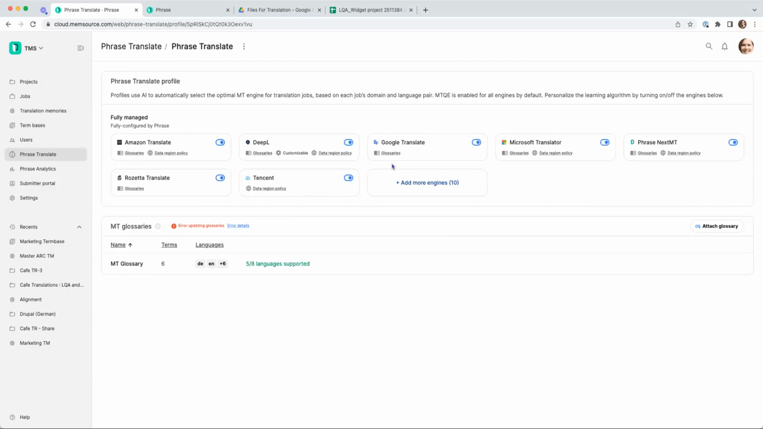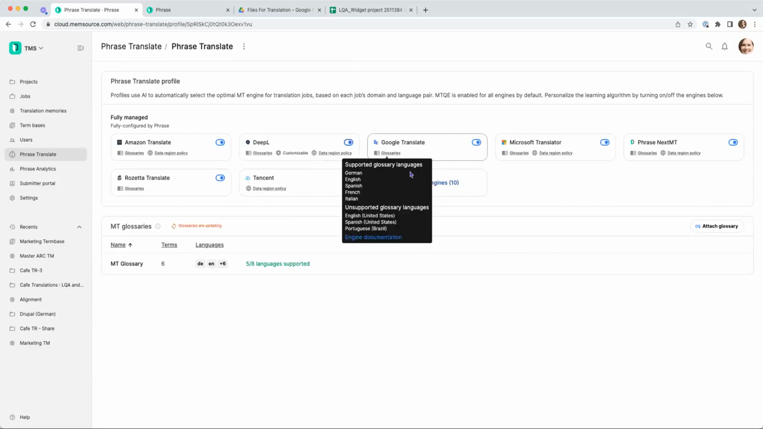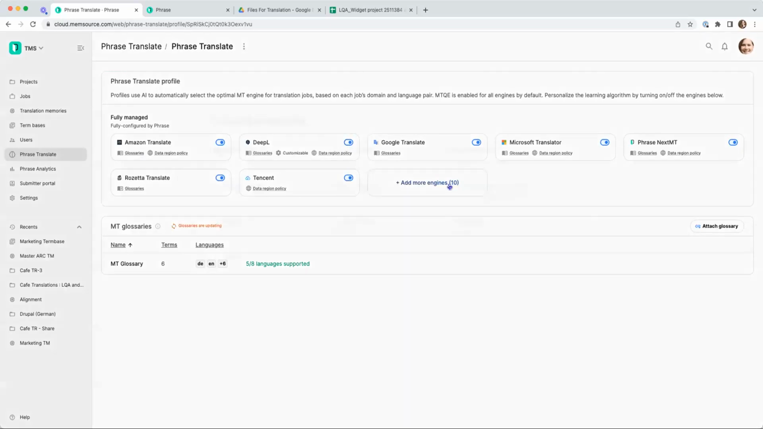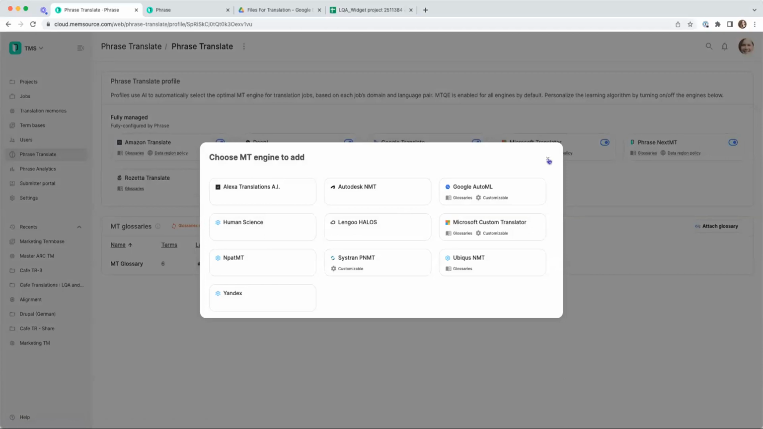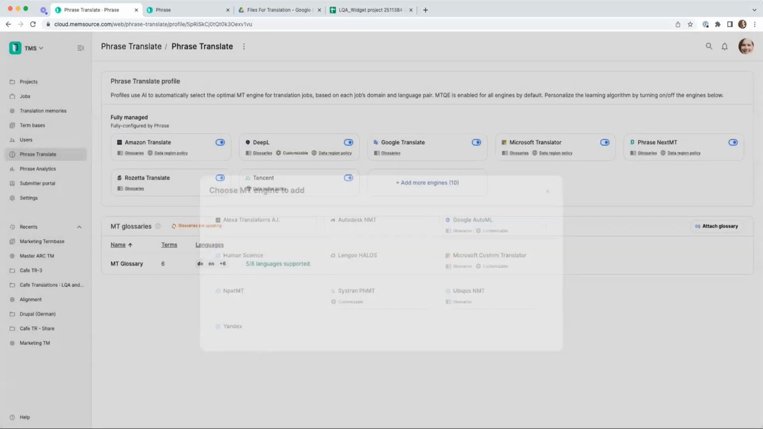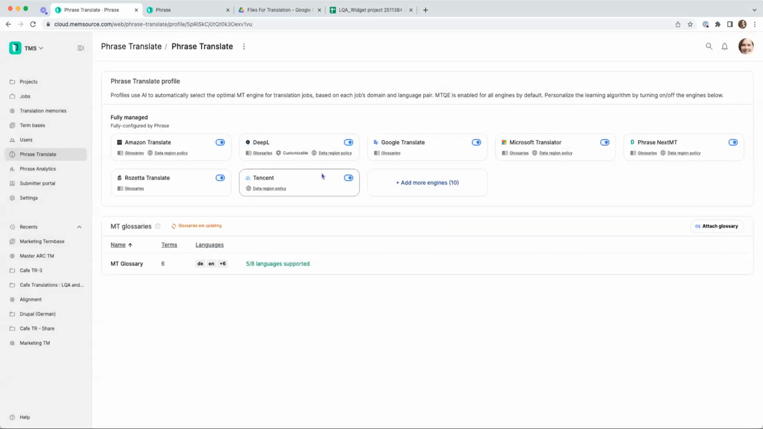And based on the job's domain and language, it'll look at the MT engines that are enabled in my Phrase Translate profile and pick the ones that have the best results. So within my profile, I can enable and disable certain MT engines, or I can add additional MT engines as well. All right. We also, Phrase Translate is now fully equipped with Phrase NextMT, which is our proprietary generic neural